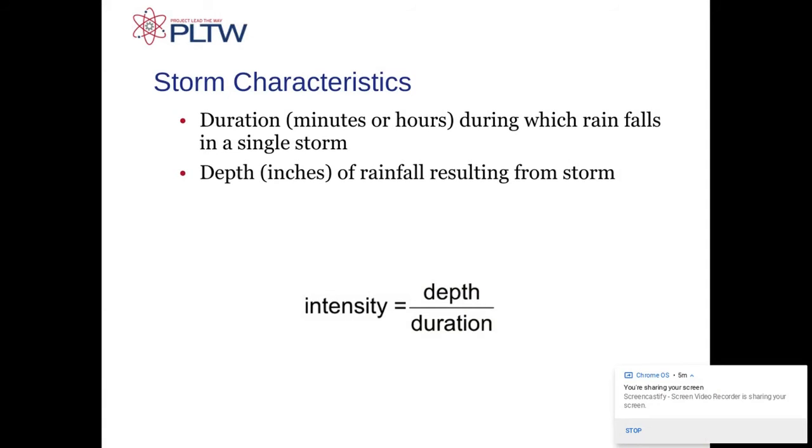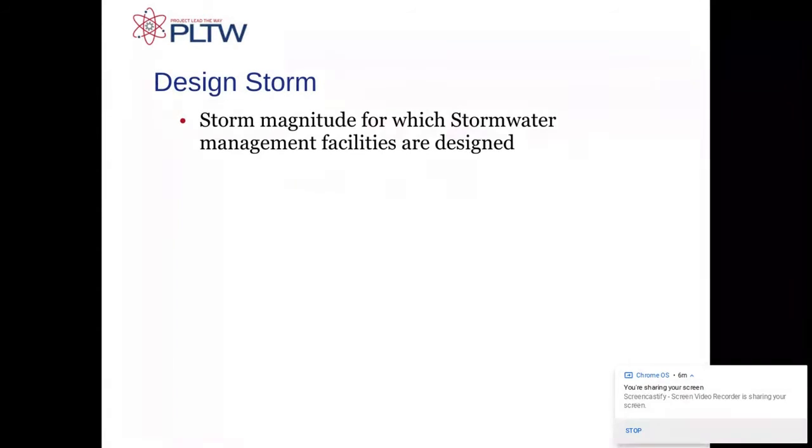So storm characteristics: the duration, so how long a storm lasts, whether it's a half hour, a full day, or multiple days, and how many inches of rainfall. The intensity is the depth, the amount of rain divided by how long it happens. So the design storm, again, is this a critical piece of infrastructure that you don't ever want to get flooded, or is it something that